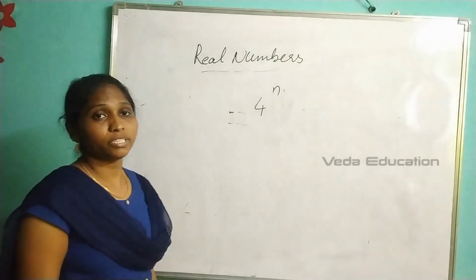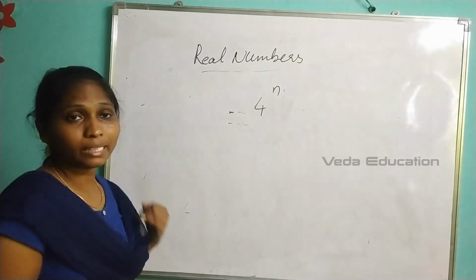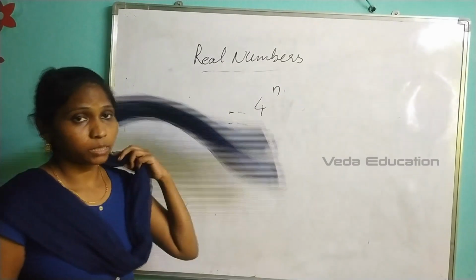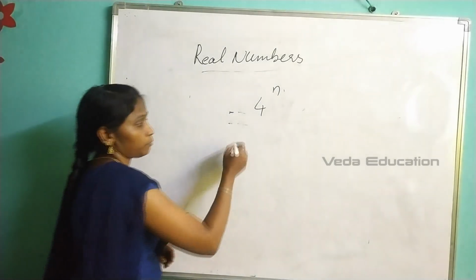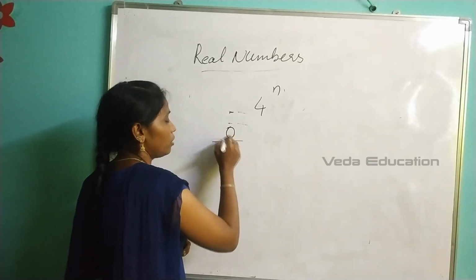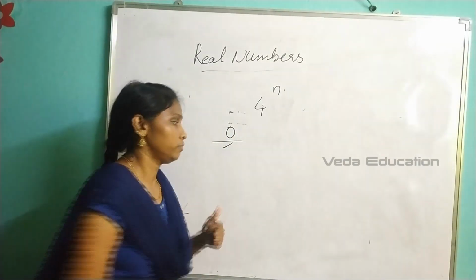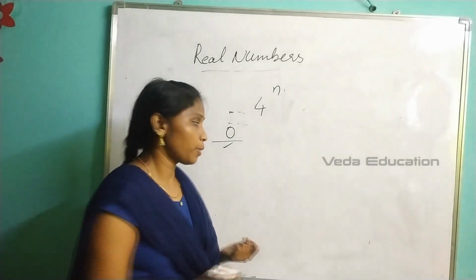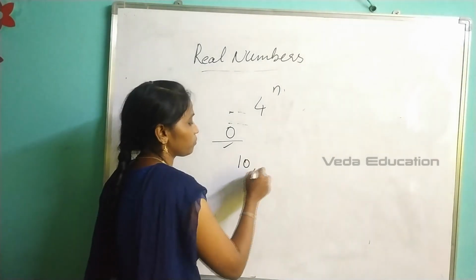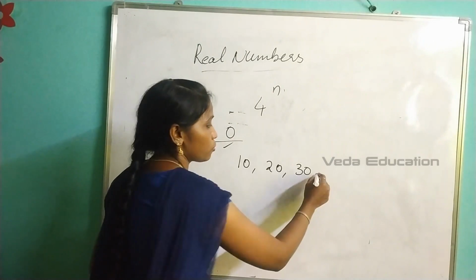So without doing division, how do we prove this? Use what we learned in the fundamental theorem, that every composite number can be expressed as a product of primes. Now, before that, 0 in the ones place. To get a 0 digit in the ones place, what is required? Let us check example numbers which have 0 in the ones place. Those are 10, 20, 30, and so on.